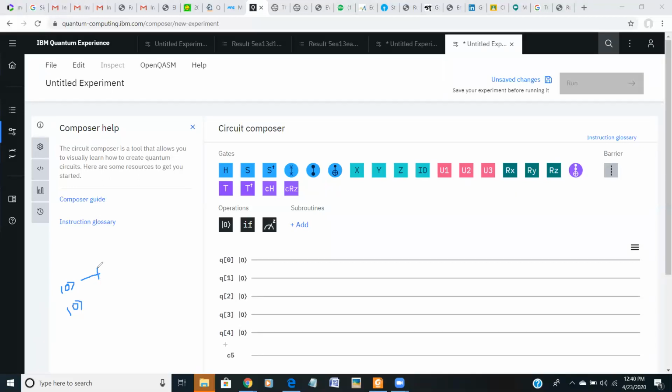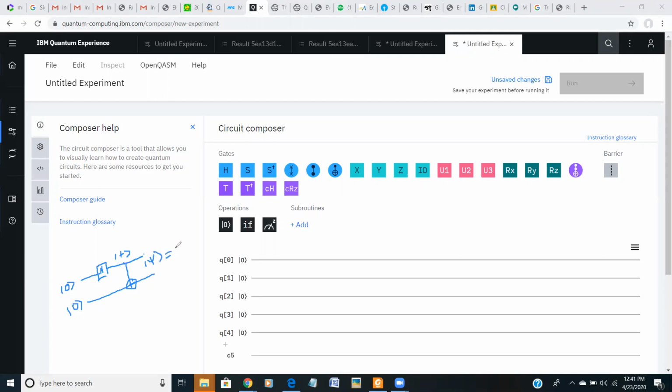Before doing that, you first use the Hadamard gate to get the plus basis. That theory is already discussed. You get the plus basis, that is (0 plus 1) over root 2, and then you apply CNOT. And if you measure these two qubits, you get a new state called Bell state.